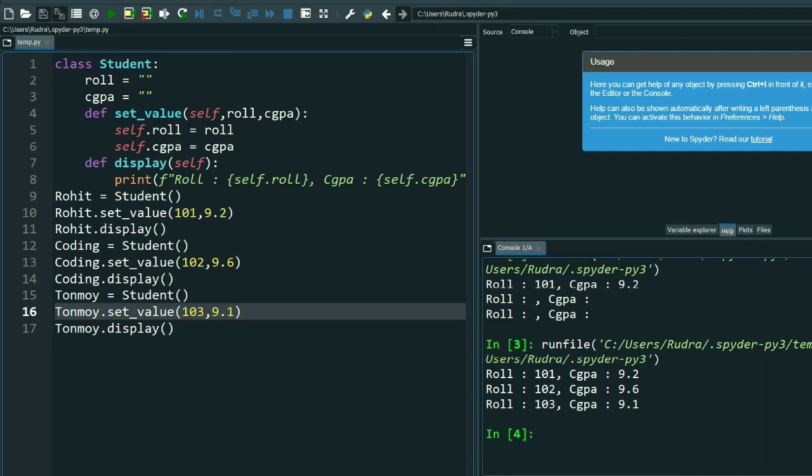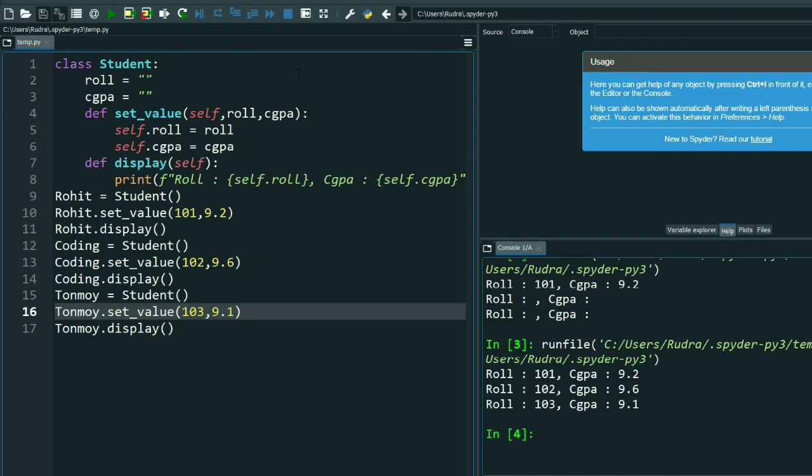So our code is also small. We created the methods. See, we don't have to assign here Rohit's roll is this, Rohit CGPA. We created a method and here we are writing it. That's it. No need of printing everywhere. So see, method is so helpful. It saves our time also.